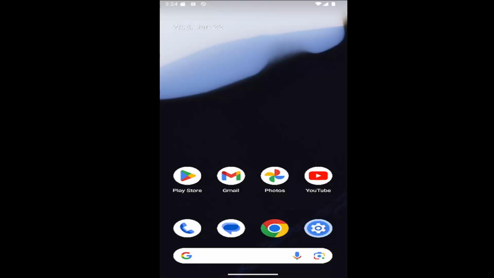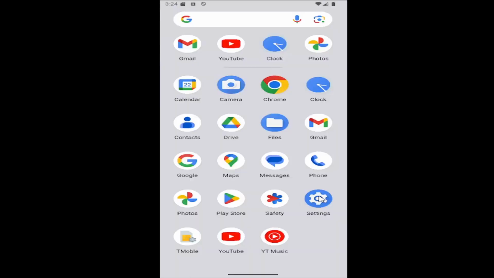In today's tutorial, I'm going to show you guys how to adjust the vibration intensity on your Samsung Galaxy smartphone or any other Android device basically. So this should hopefully be a pretty straightforward process here guys, and without further ado, let's go ahead and jump right into it. All you have to do is swipe up on your home screen and select the settings gear